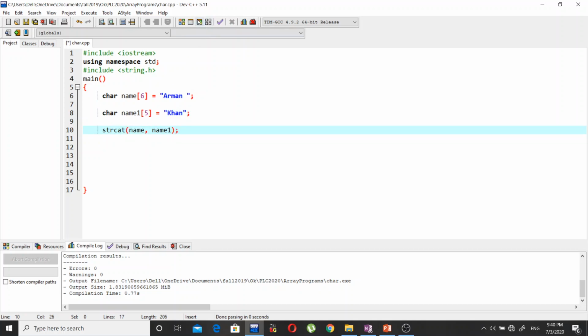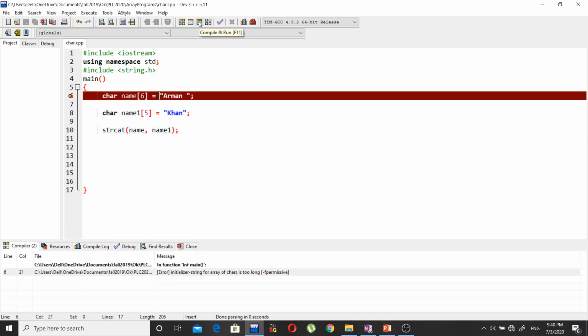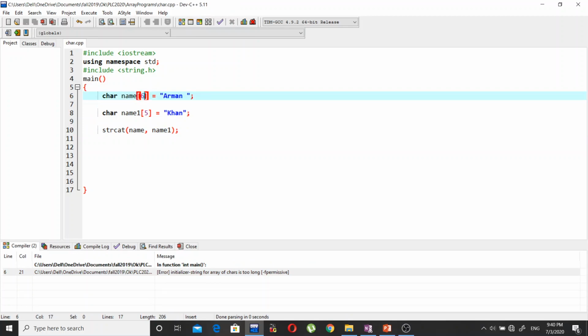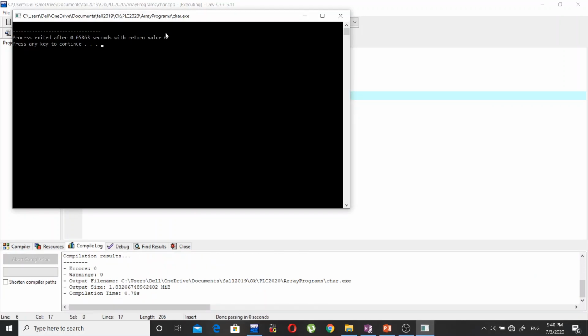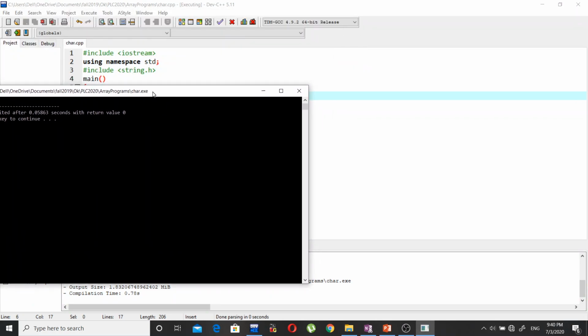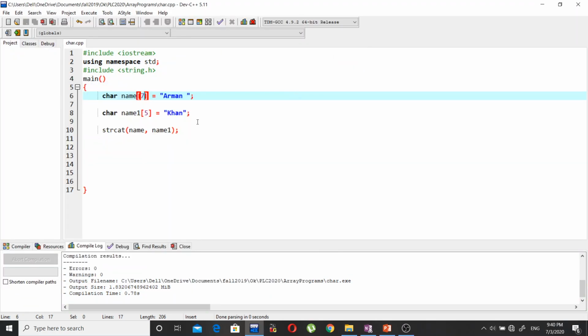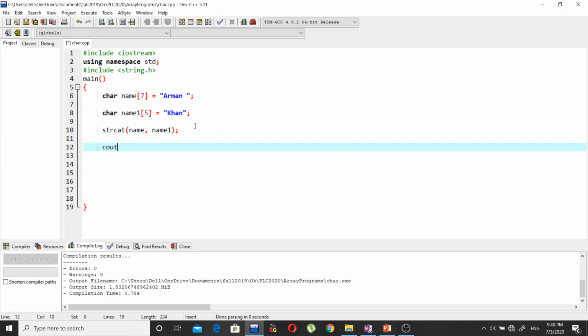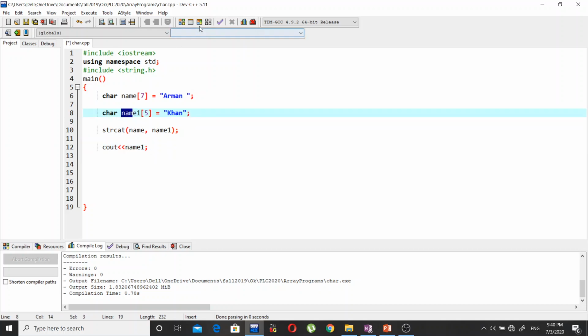Fine, so let us print this result. Okay, initializer string is too long. Fine, let me put here 7. Now I have to use the cout. Here I'm going to print name1, which is our second array. So when you run this program,